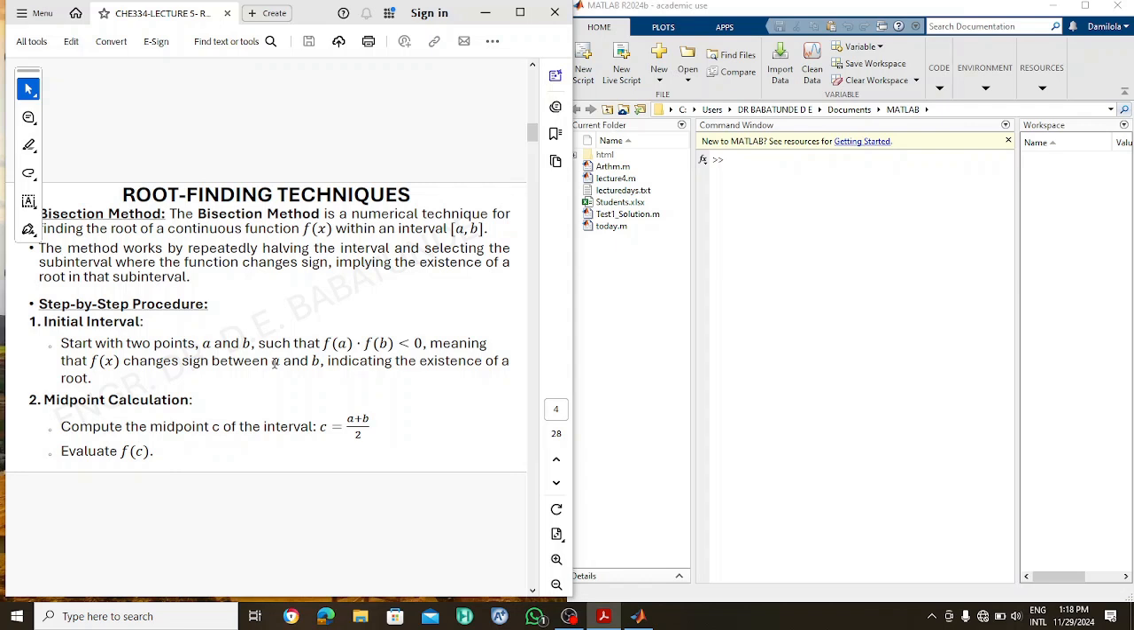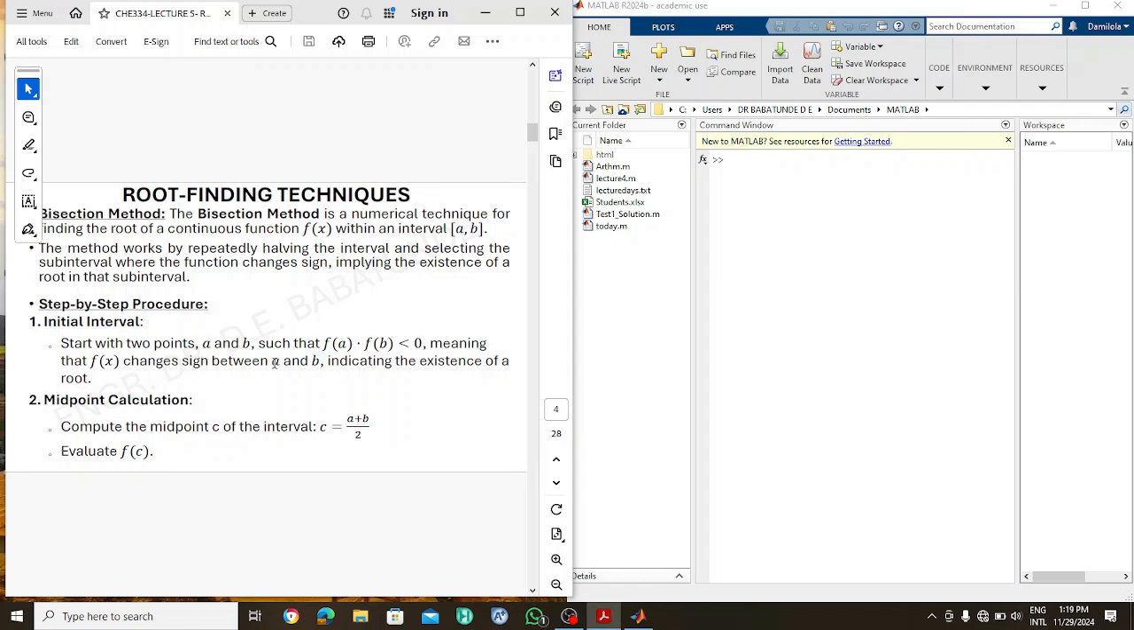If the sign is not negative, f(a) multiplied by f(b) is not negative, then you know that that interval does not make sense. You can't get any root out of it, so there's no point going ahead with the rest of the process. So let's assume now it is